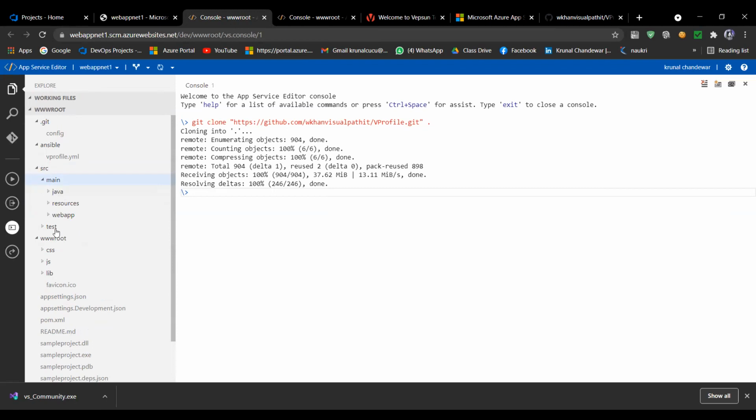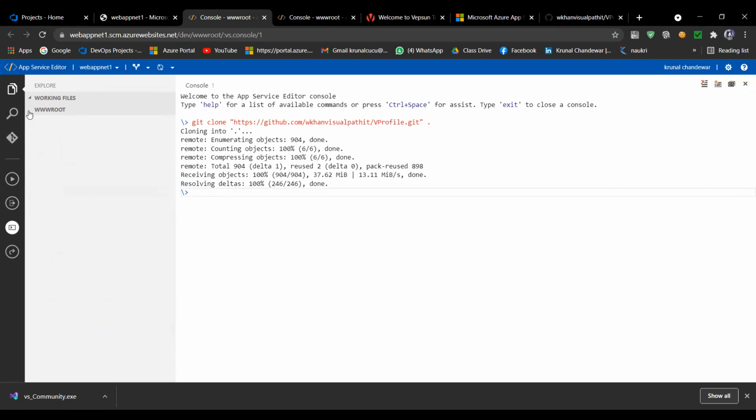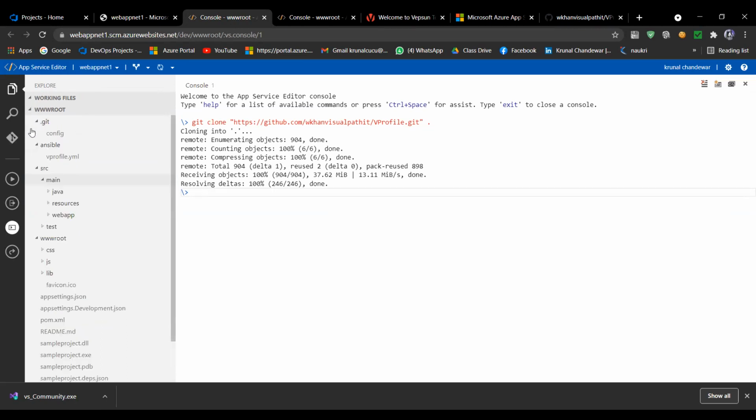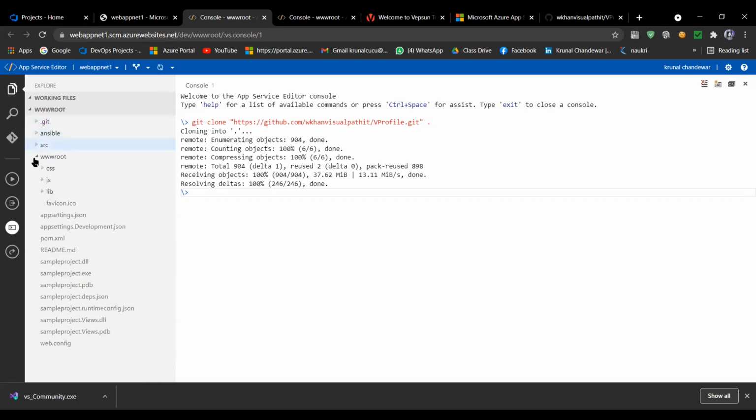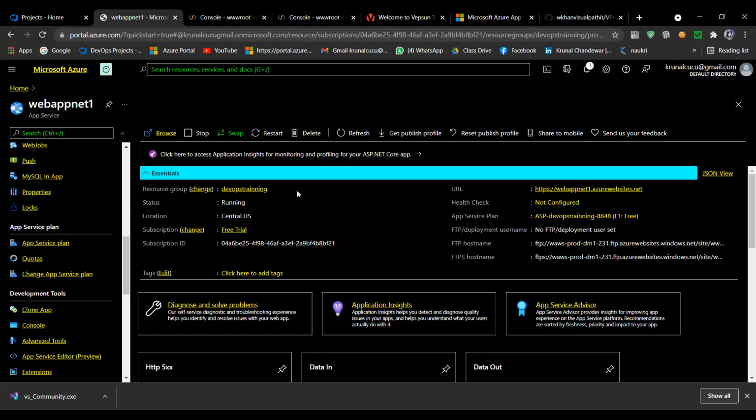That is nothing but a Java project, and you can deploy code directly like this, which I did from GitHub. This is one way. Another way is this sample project, which I made in this Azure portal initially. I can do this also.